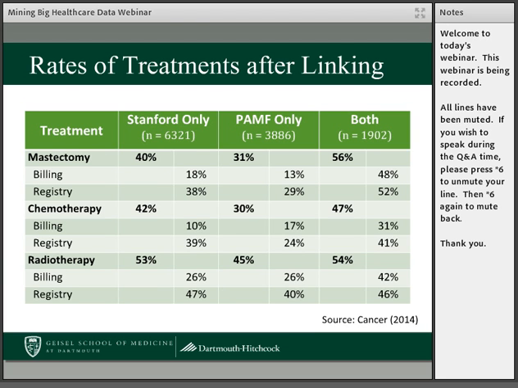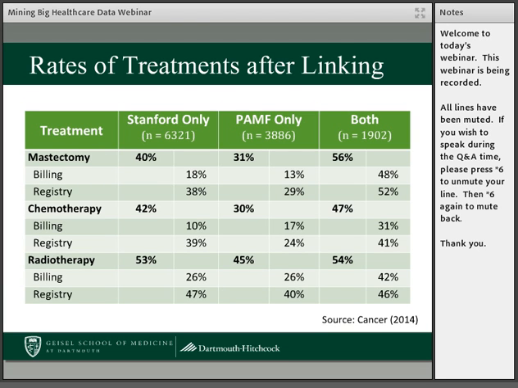Okay. You'll see that once the linkage happens, another interesting thing happens is that the billing data, we're able to capture more of what's happening. It's actually getting better. So having more data helps us to look at where things might be missing. So by being recorded in two systems, for example, we have a more likely chance of capturing that the patient actually got the treatment for that particular modality. So this was quite revealing to us.